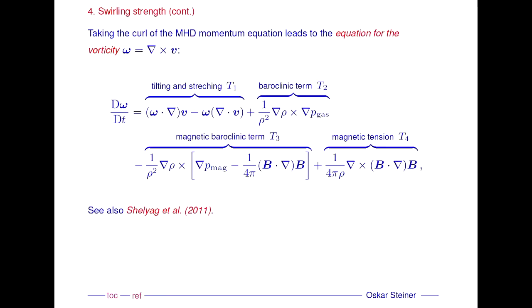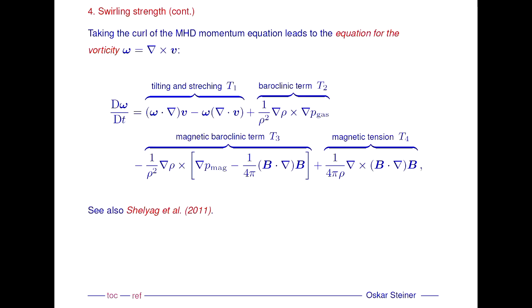Now, the nice thing of vorticity is that there exists an evolution equation. You just have to take the curl of the right-hand side of the momentum equation, and then you get an expression like this, which consists on the right-hand side of a tilting and stretching term, a baroclinic term, the magnetic baroclinic term, and the magnetic tension term. So in hydrodynamics, you have only the first 2 terms, but you would have maybe additional terms that come from viscosity when you have a Navier-Stokes equation. But here we consider ideal